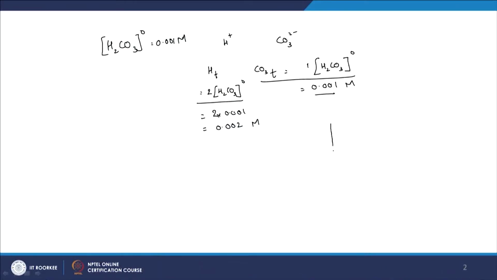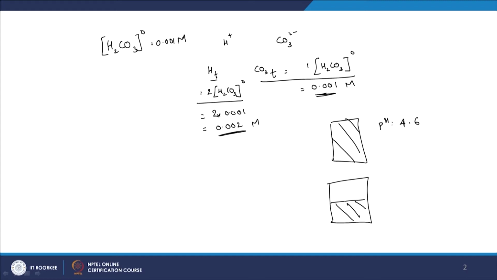So what was the case here? So the earlier case, when it was just a closed system at this relevant concentration of 0.002 molar for H total and 0.001 molar for CO3 total, I think we calculated the pH to be around 4.6, right. But now with the same concentrations, right, we have a gaseous phase here, and we mentioned that the partial pressure of that particular carbon dioxide was what now? I think 0.00038 atmospheres or so on, which is similar to what you would expect in nature. And when we calculate that, we saw that at equilibrium the pH was around 5.6.